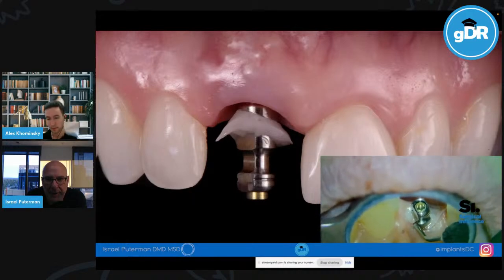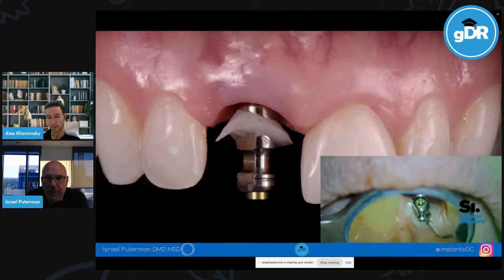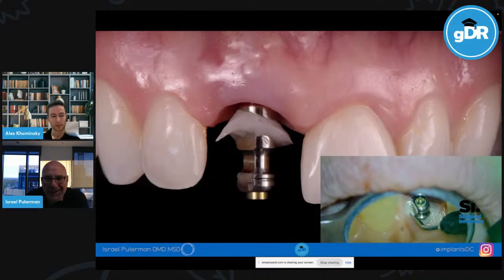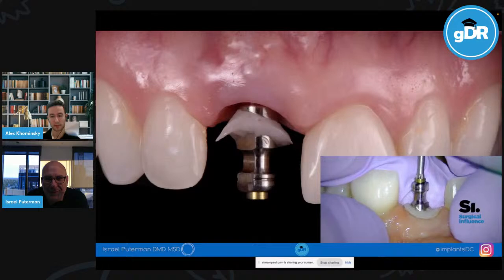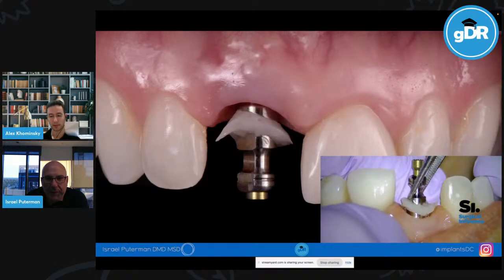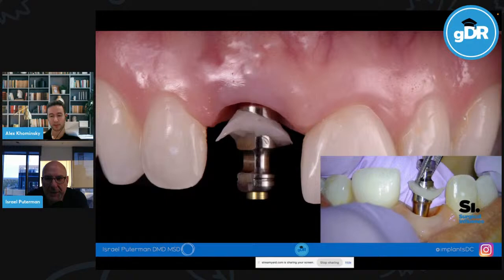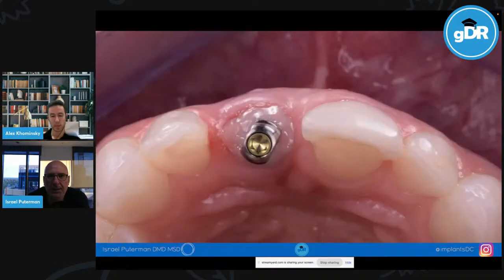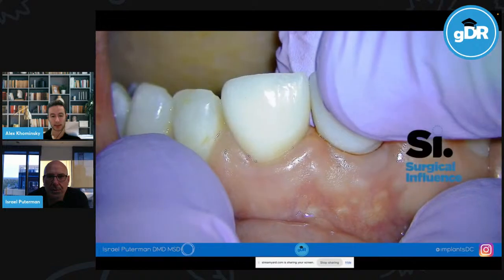And as we're getting close to having this implant restored, the patient says, I'm down in Florida a lot of the year, and I've kind of lost a little faith in this dentist. So I might get it restored in Florida. Do you have anybody in Florida that you recommend? And obviously I do. So I sent her to